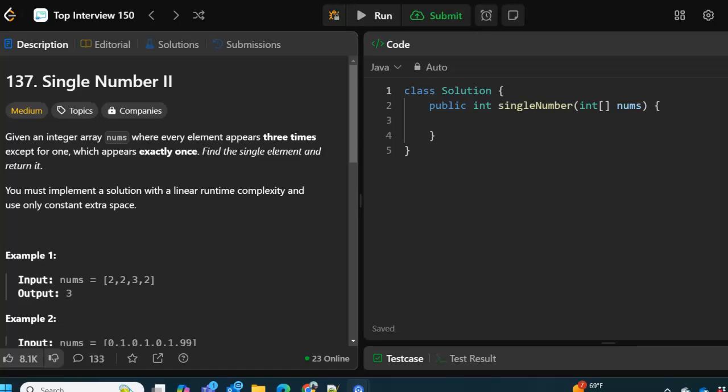The last one we did was single number. That was rated as easy, and this one is rated as medium, although this seems like a hard problem to me. Even to explain the approach is hard. But anyway,